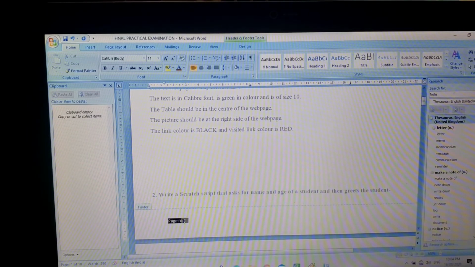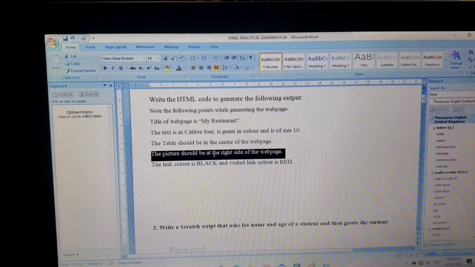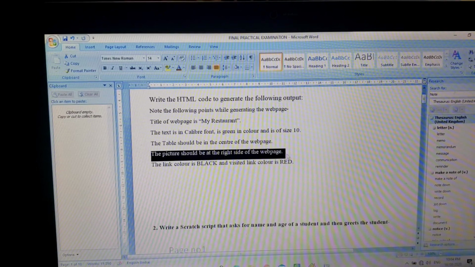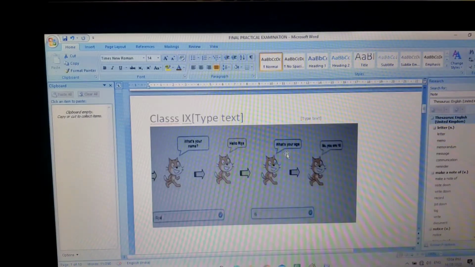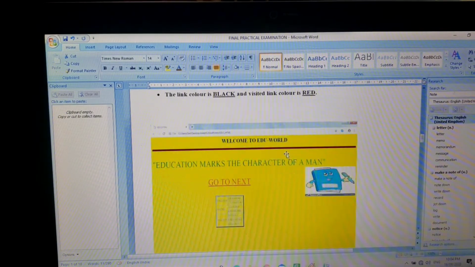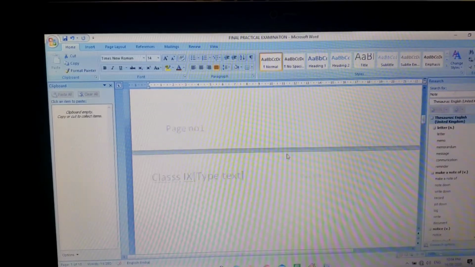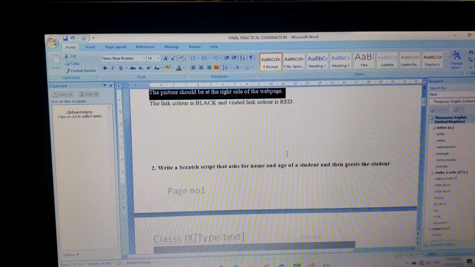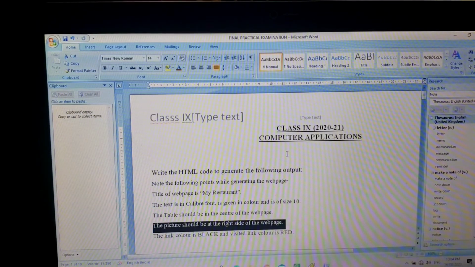Again, select it so that it should be visible to everyone. Okay, now just see in the second line, in the third, everywhere you are going to get your page number as well as your heading, right? So this is how you can insert header and footer in your document.